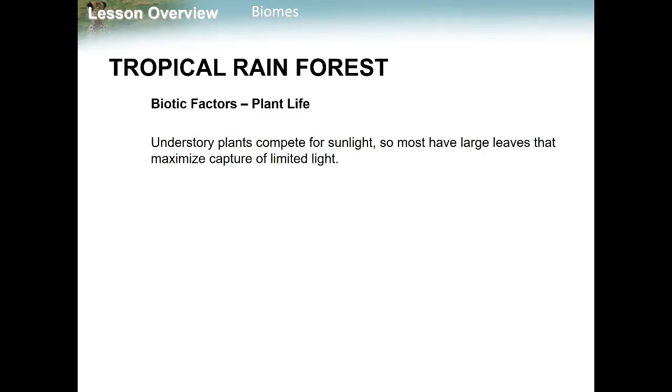So now when we try to consider the biotic factors, one of the major things that we're going to talk about is the plant life that's there. So understory plants, those that are under that canopy, are going to be competing for sunlight. So most of them are going to have really, really large leaves that will be able to maximize and capture that limited sunlight. And again, drawing on my experience when we were in Costa Rica, they actually have